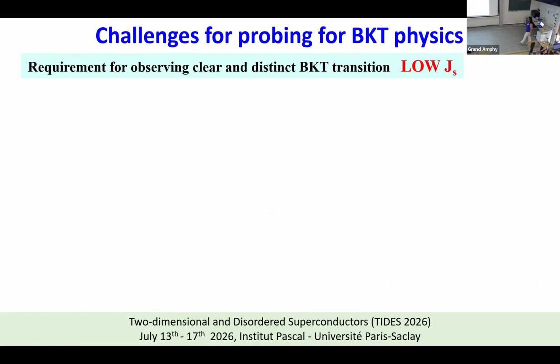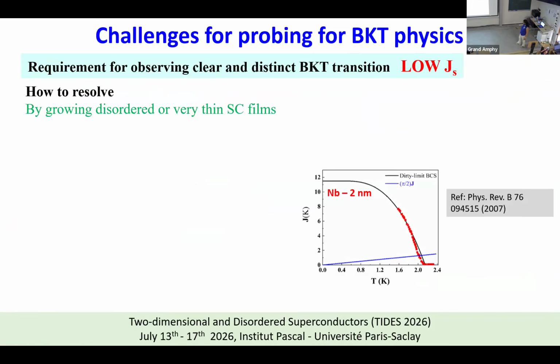Okay. So what is the challenge for probing the BKT physics? The main requirement for observing a very clear and distinct BKT transition is that you should have a low superfluid stiffness. Now, how is it resolved? You grow either very disordered films or very thin superconducting films. But what happens in that aspect is that,